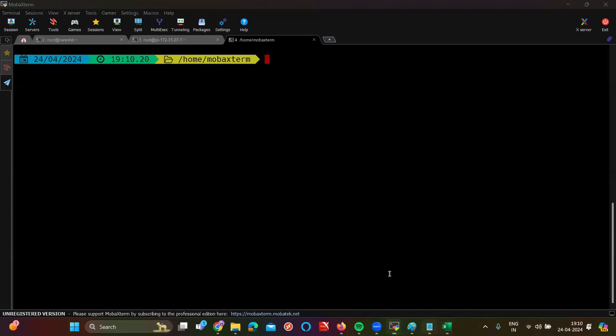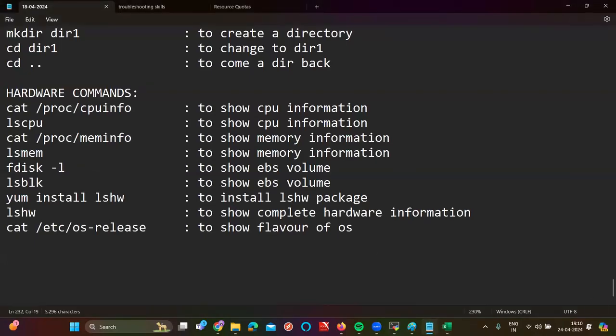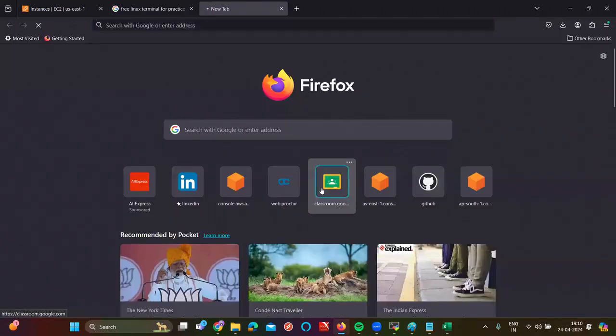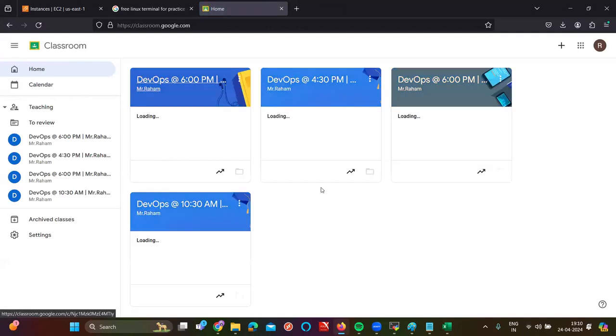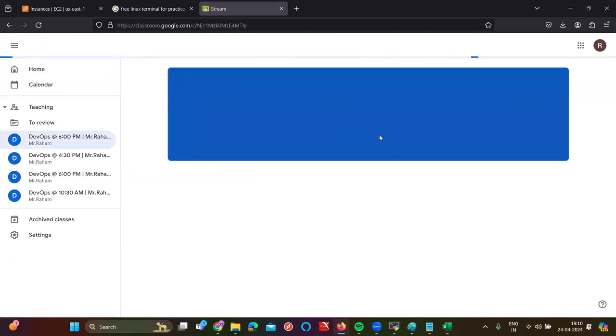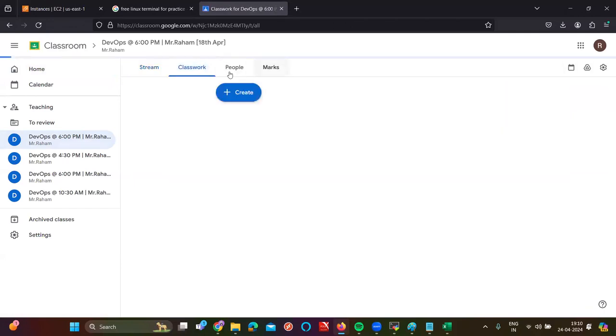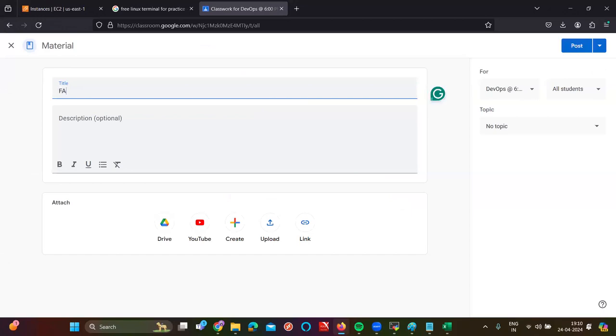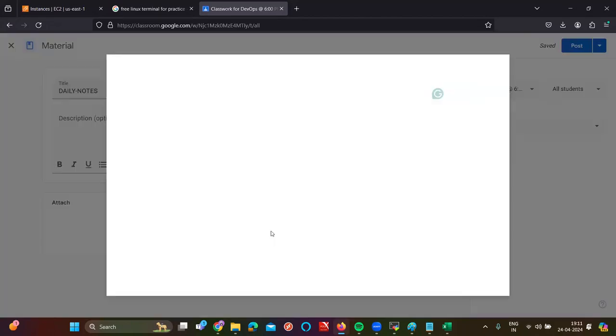And whatever the notes I'm using in the class, you will be seeing these notes in the Google Classroom. So let me show you the Google Classroom. Whatever the notes, presentations, resumes, as well as interview questions, as well as troubleshooting techniques, everything I'm going to teach you in the class will be given in the Google Classroom for you. Okay. So it is your Google Classroom. I'm going to upload the notes and the material. I'm going to give daily notes. So guys, you will have the daily running notes, as well as the presentations, PPTs, as well as interview questions and resume separately.